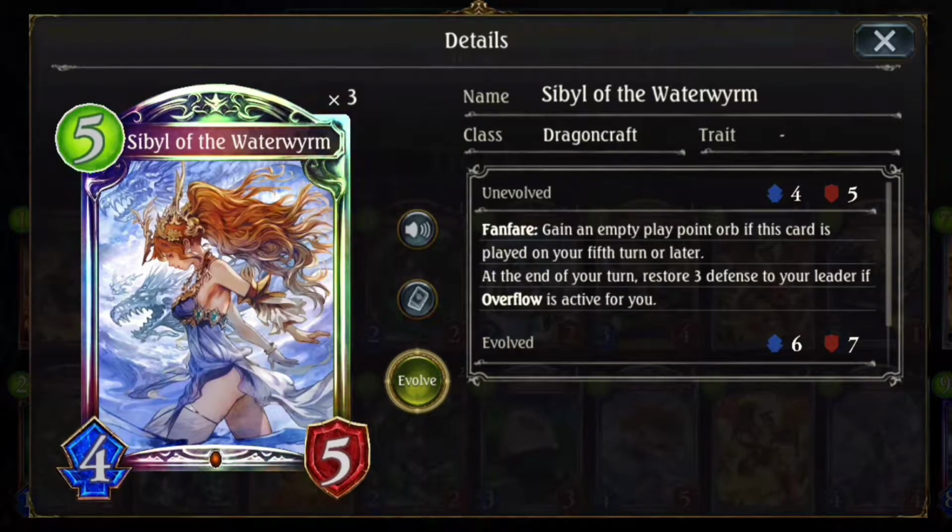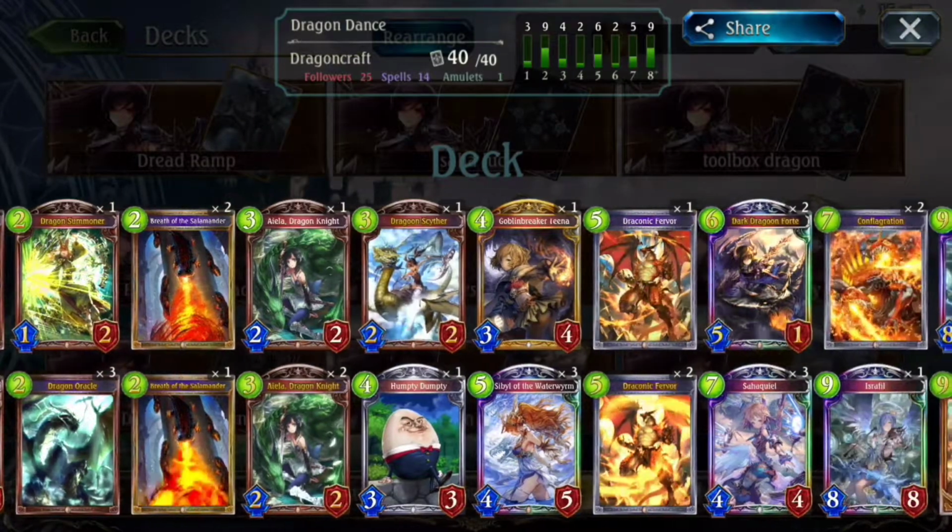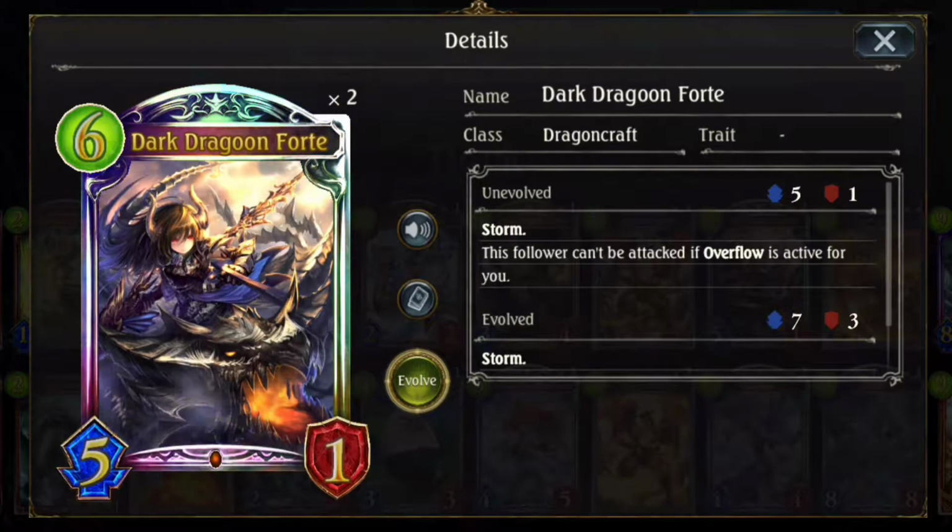3 Sybil, staple, pretty much always staple. 3 Forever, again, pretty staple. 2 Forte. Oops, 2 Forte. So I don't like playing 3 Forte. I literally never have, just because